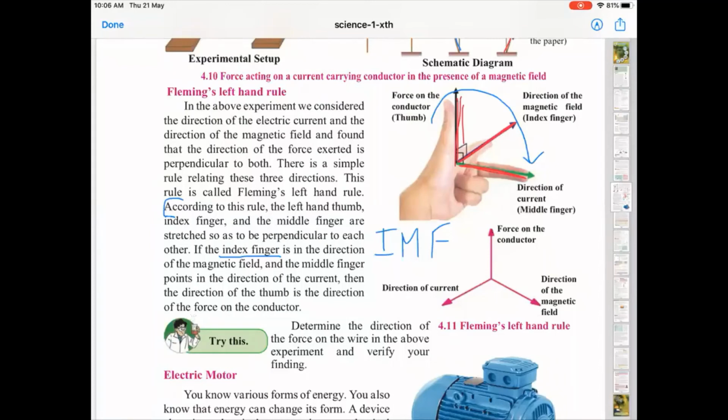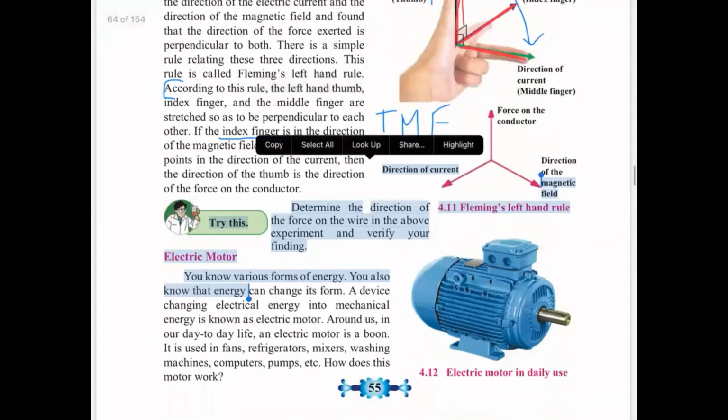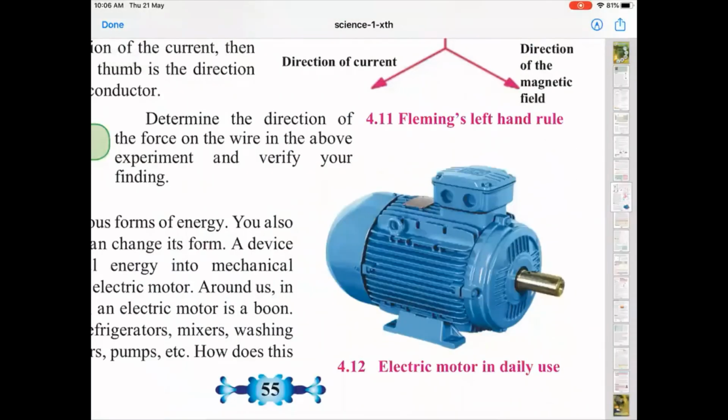Now the application is the electric motor. You have seen an electric motor. What do you do in an electric motor? In an electric motor you pass current, is it not? When you pass current, the coils rotate. We studied that there is a force acting on the conductor, and as an application of Fleming's rule, or of this magnetic effect, we are using this force in our daily life to create a device. We have used this force.